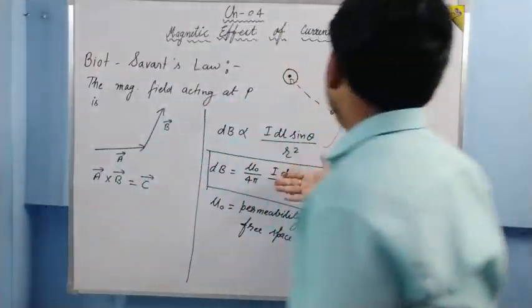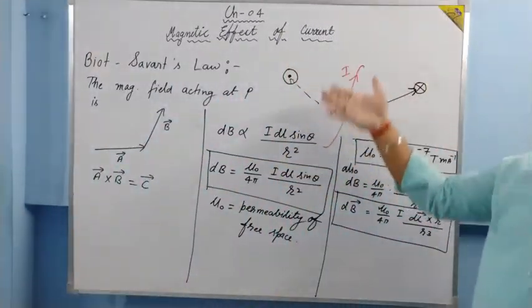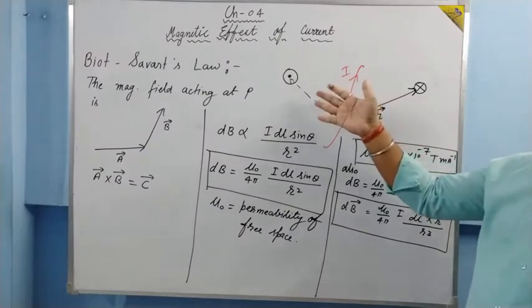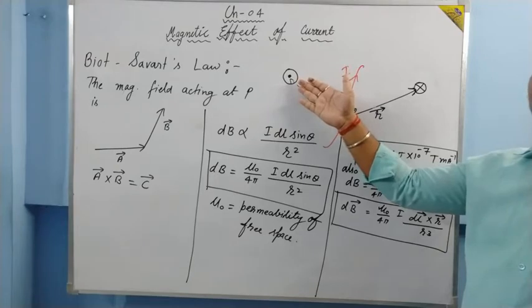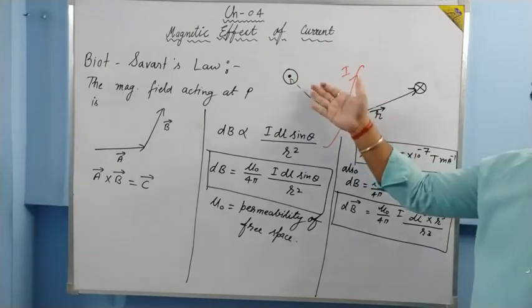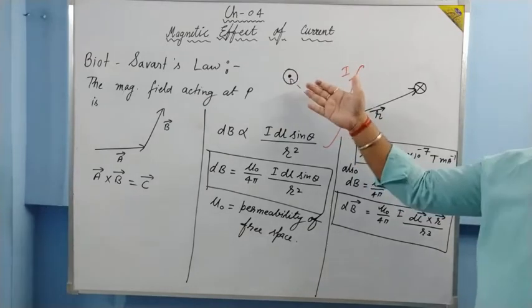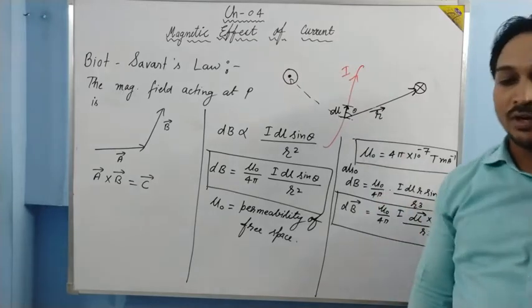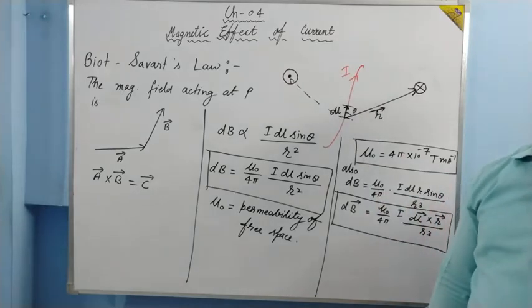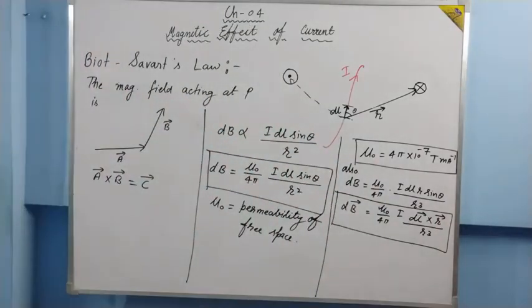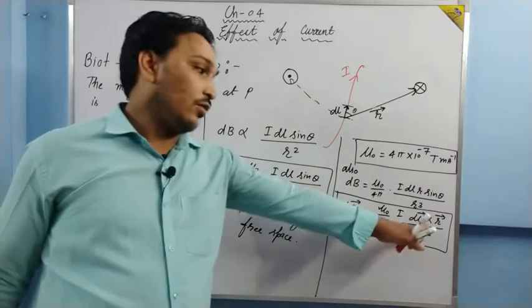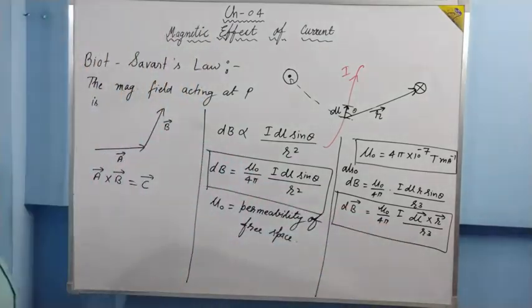For this point, the thumb is in the direction of current. All these fingers will be towards the point where the magnetic field is to be calculated. So it will be going perpendicular outward. So here the direction of the magnetic field will be perpendicular outward. Is it clear? So this is how we calculate the direction of the magnetic field. Okay, two rules I have told. You can apply the cross product rule. You can apply the right hand thumb rule.